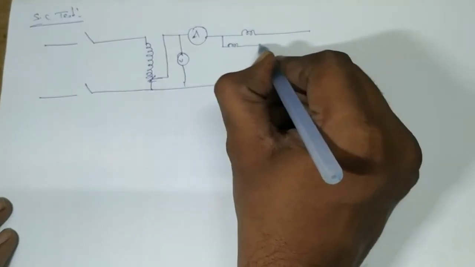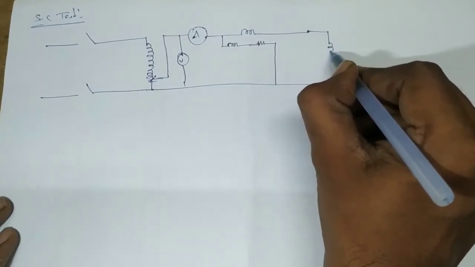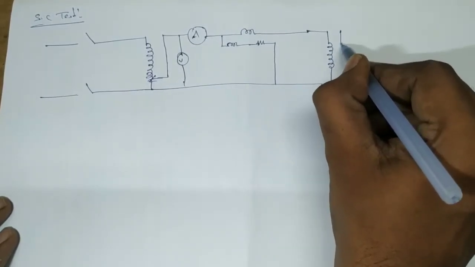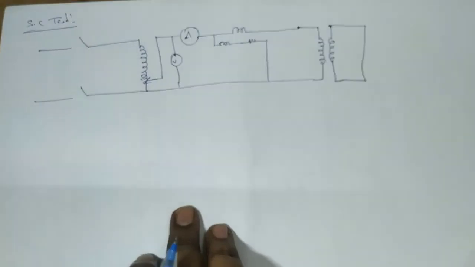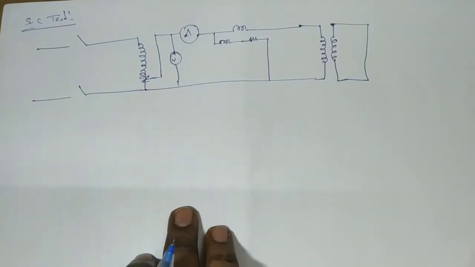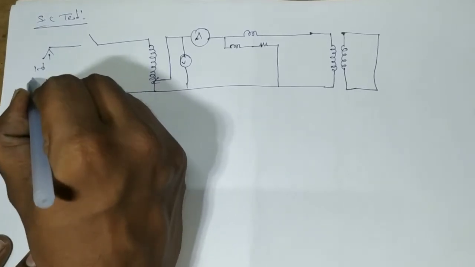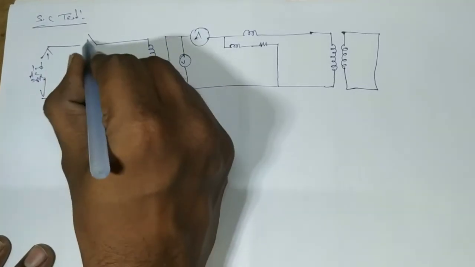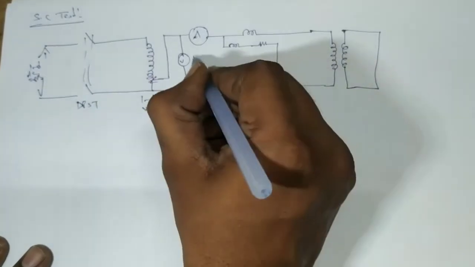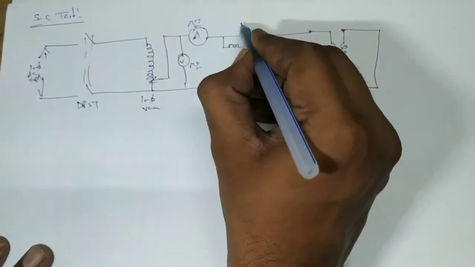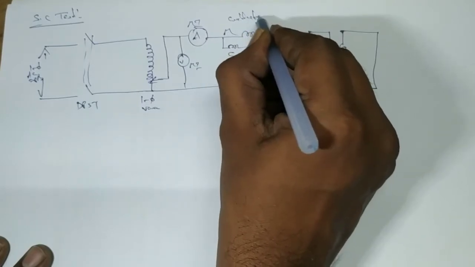The wattmeter contains terminals M, L, C, V: main, line, common, and voltage terminals. This is the primary winding, and this is the secondary winding. In the OC test, the secondary winding is open circuited, whereas in the short circuit test, the secondary winding should be short circuited. On the primary side, there is a single phase AC supply, DPST switch, single phase variac, MI voltmeter, and MI ammeter to measure the current and voltage, and a wattmeter to measure the wattmeter value during the SC test.